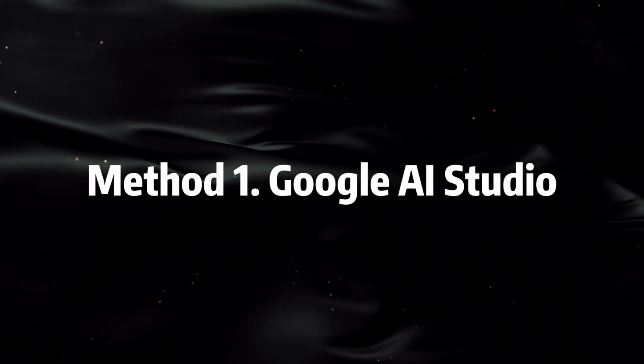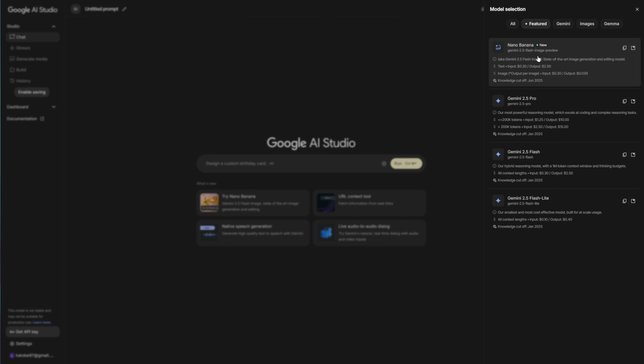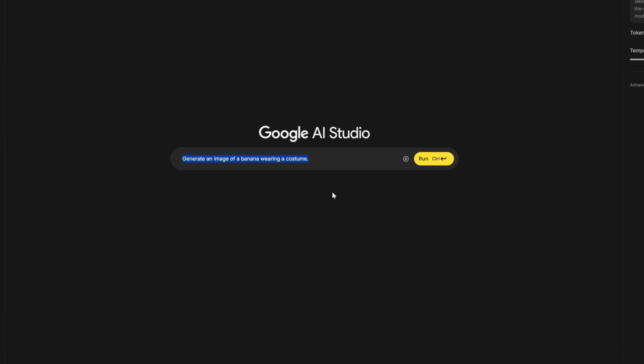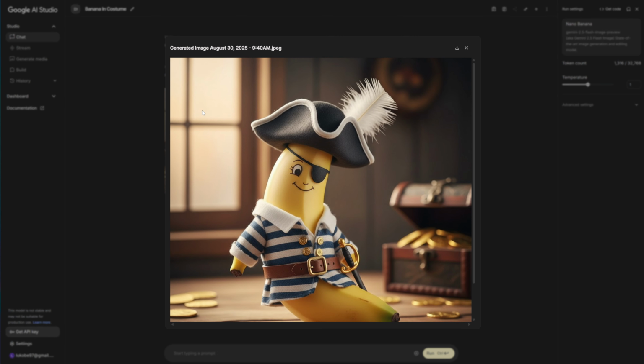Method 1. Google AI Studio. The first method is using Google AI Studio. I will put the official link in the description. Make sure you select the new Nano Banana model, and then we can simply enter the prompt to generate images in the dialog. Let's use the default prompt and click on Run, and after a few seconds, it creates this